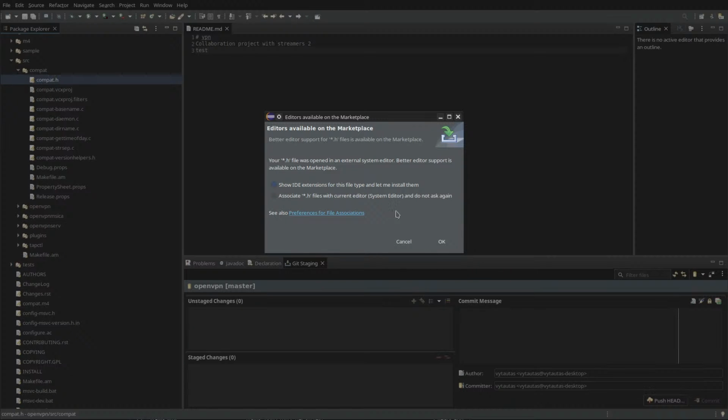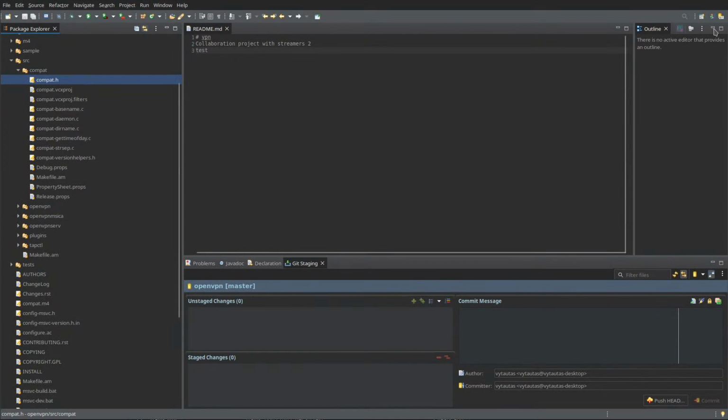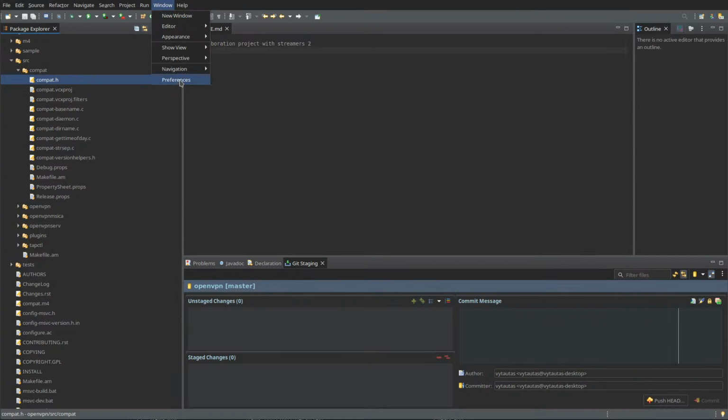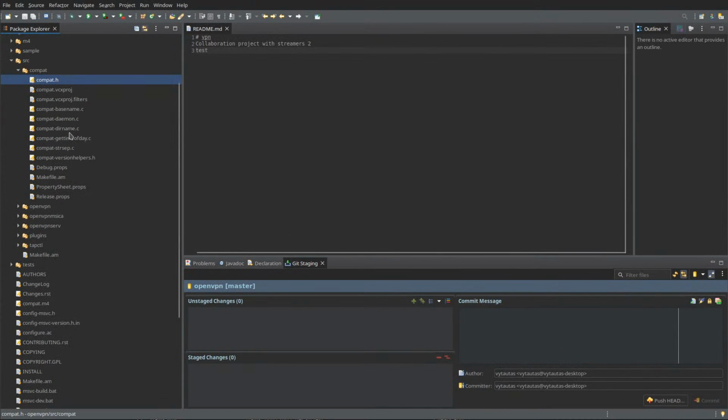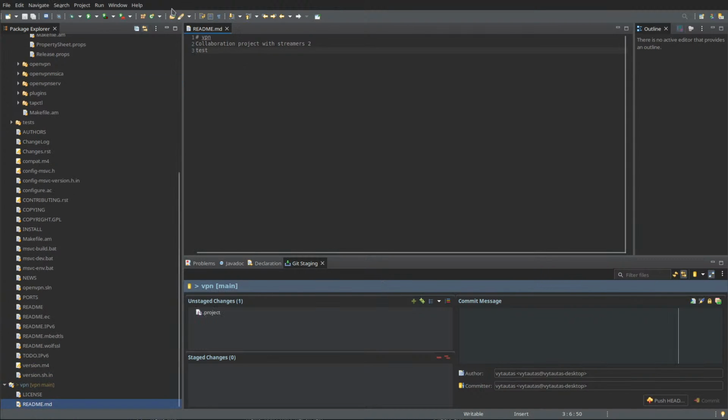Don't want to associate with system editor. Can I have a perspective for... Okay, I have Python. The perspective for C.